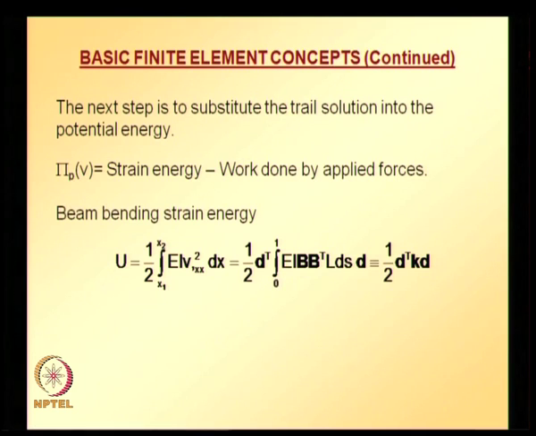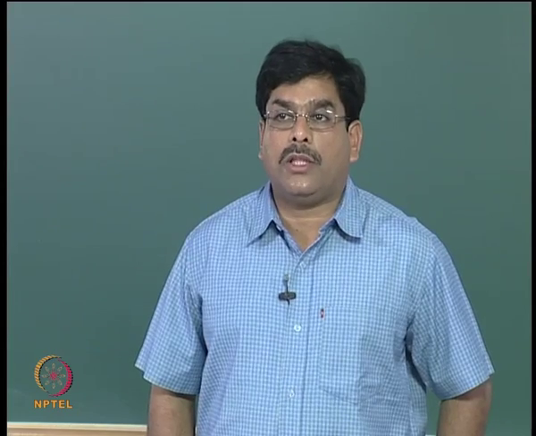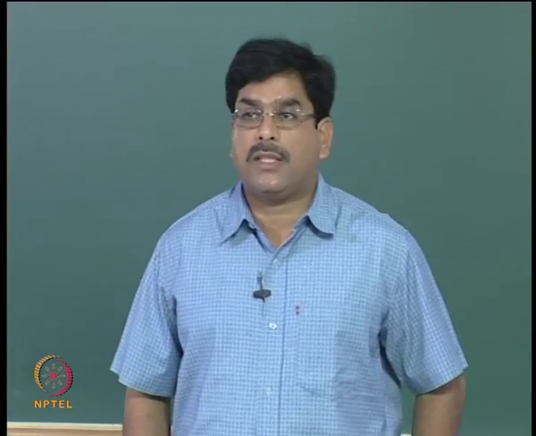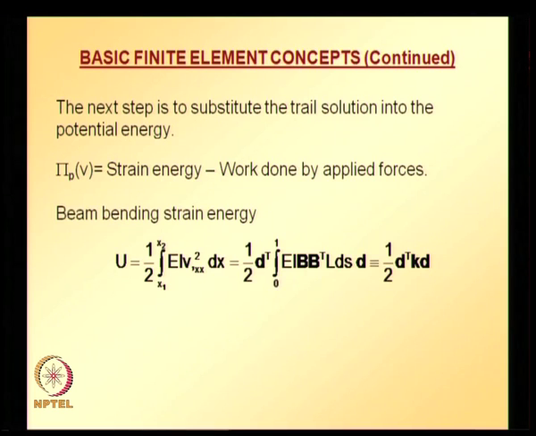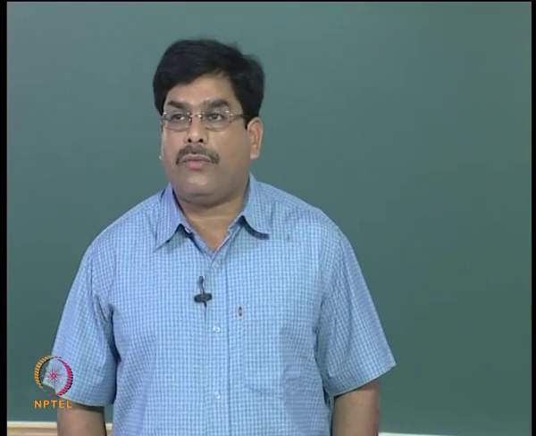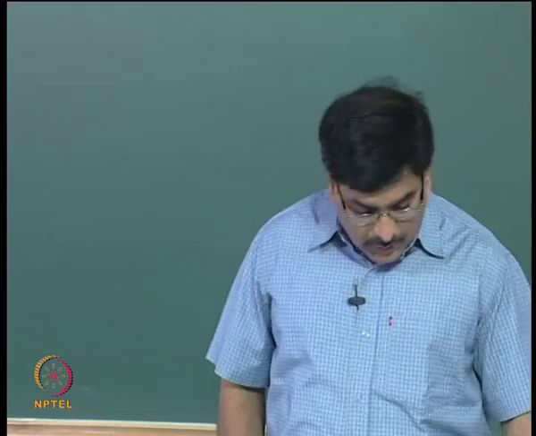times dx. As I mentioned earlier, we can change the limits of integration from x1 to x2 to 0 to 1 in the S coordinate system, and by making that substitution, that is x1 is equal to 0, x2 is equal to 1, and dx is replaced with L times ds, and EI is the modulus of rigidity, and substituting the second derivative of transverse displacement, whose square is D transpose B B transpose D, and noting that the D vector, which is nothing but V1 theta 1 V2 theta 2, is not a function of S, we can take it out of the integral and write in a compact form this bending strain energy, denoted with U, as half D transpose K D, and now K is defined as